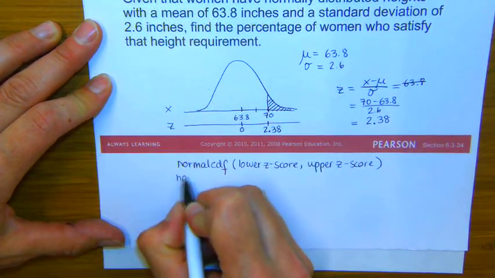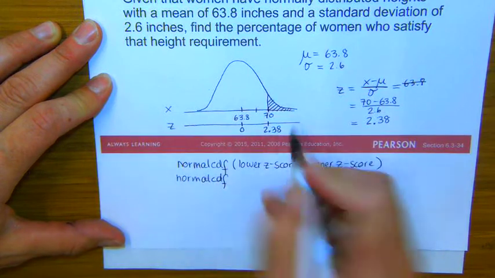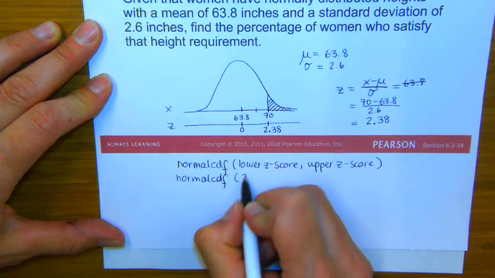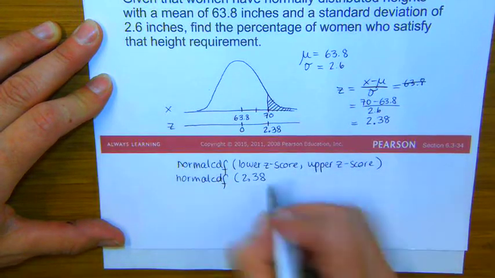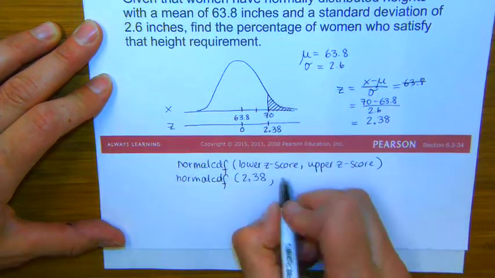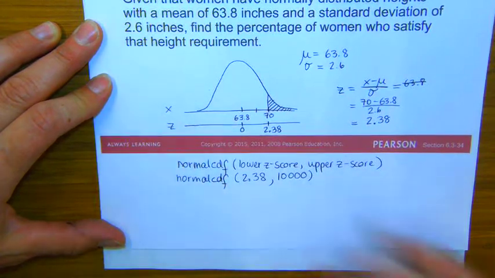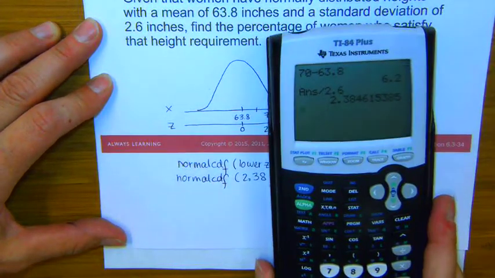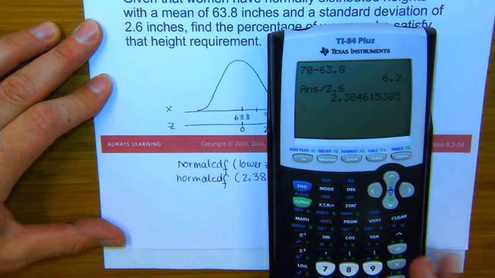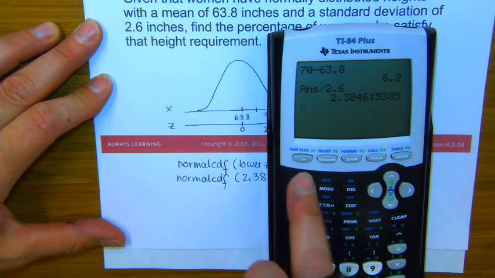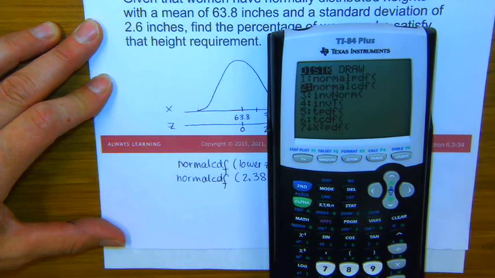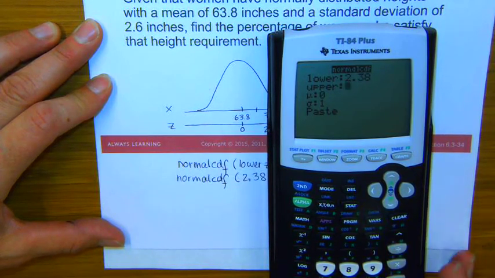So normal CDF, our lower z-score, where our area starts, is actually 2.38. Our upper z-score is a very, very large number, so let's put in 10,000 over here, and let's see what percentage fits. Okay, so to find the normal CDF, we go to second and distribution. We arrow down to normal CDF. We enter our lower z-score, which is 2.38. Then we put in our upper z-score, a very large number, for example 10,000, and then we hit